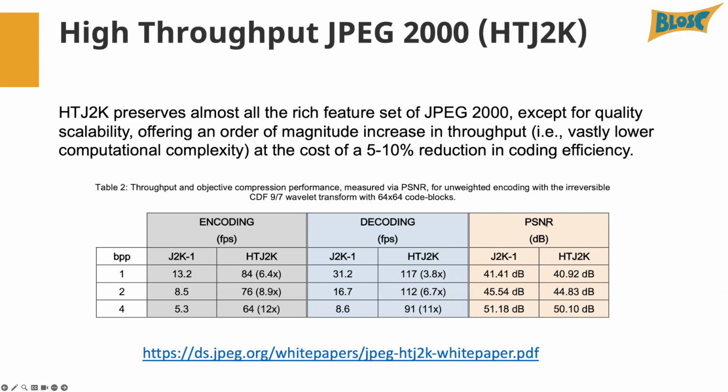So for example, PSNR here is a metric for the quality of the image, and we can see that the quality is not affected too much. You can find more information in the white paper here,